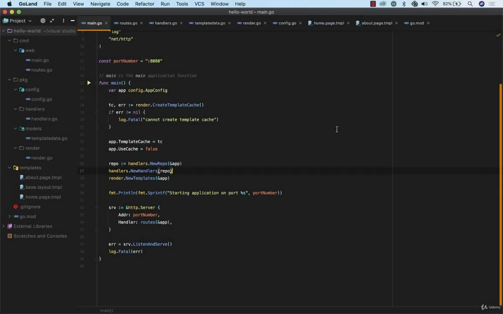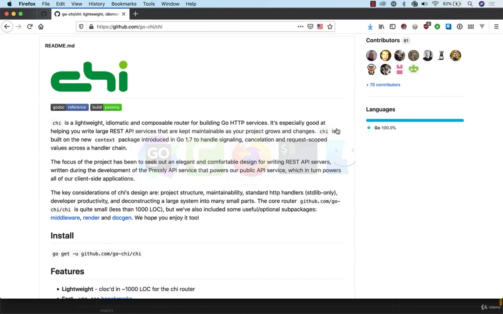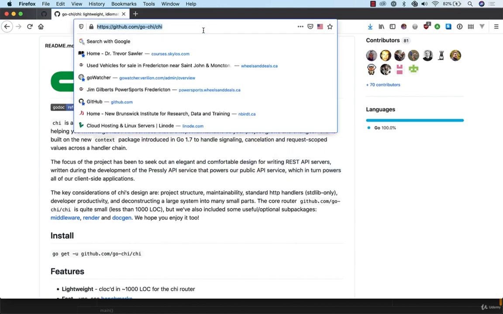So as promised, this time around I want to not use the PAT router. Instead, I want to use the Qi router. And let's have a look at that. So over on my web browser, I go here to